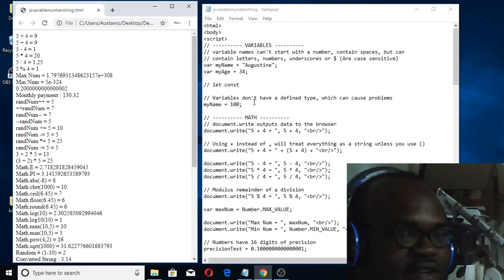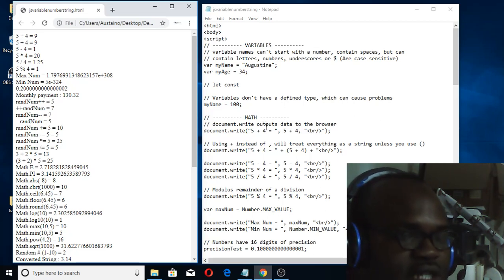If you're coding in something like Java that is strongly typed, you have to declare the type: if it is a string, you have to say var string myName equals Augustine. But here you don't say string or integer. For JavaScript to recognize something as a string or an integer, if there is a quote around it, then it's a string. If it's a number, then it's a number. There are actually other variable types like symbol and boolean, which we will soon get to. So let's get to these